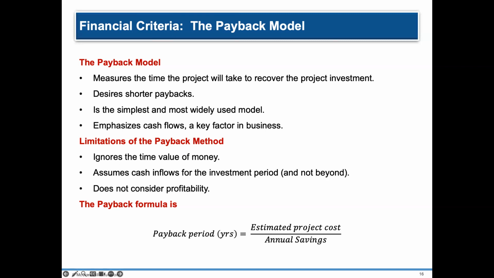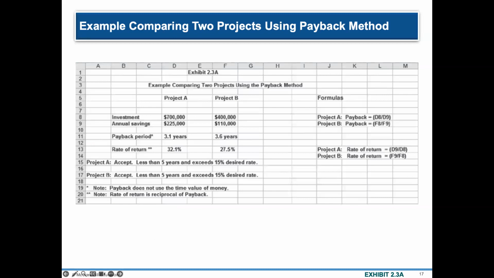So what is the formula for payback period? It's the estimated project cost over annual savings. So here is an example. So let's take two projects. So you have project A and project B. So project A required an investment of $700,000, which equated to annual savings of